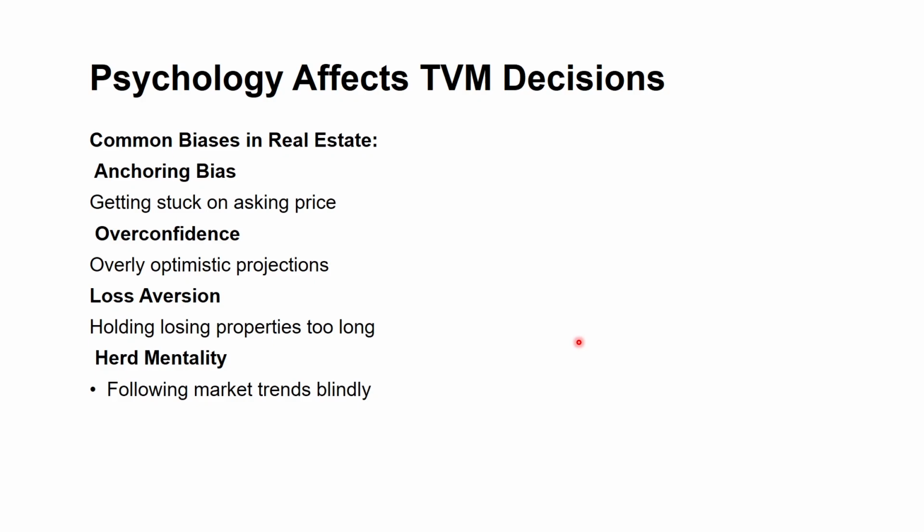Then we have the herd mentality. Herd mentality is when we decide based on what is being decided by most of the people in the market. We are following a trend. We are following how other participants in the market are doing. So, this generally impacts us most during the peak boom times and the down bust times,